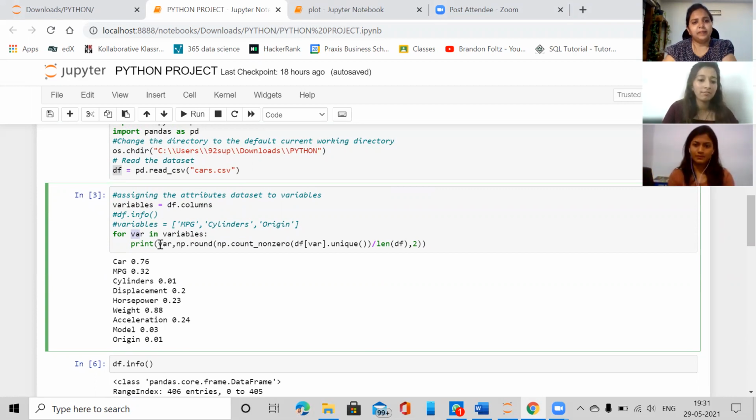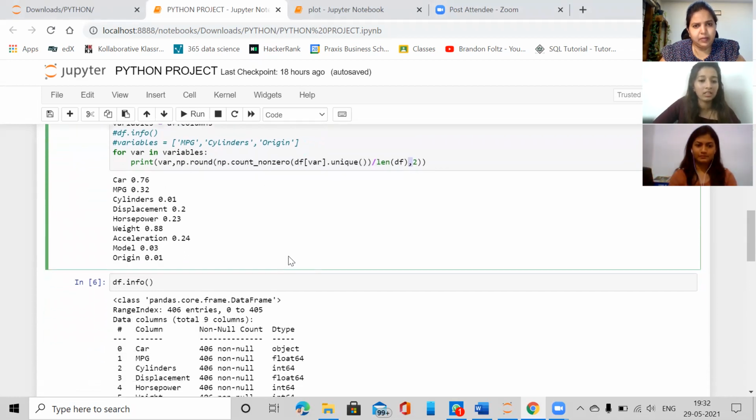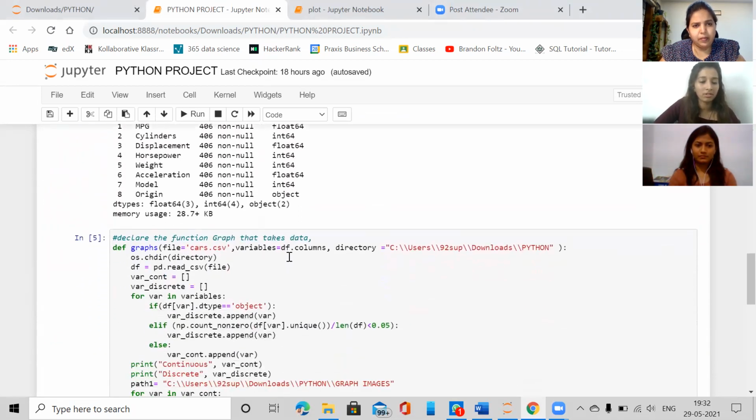So for this, we have first printed the column var, which in the first column in this data set is cars. So we'll print cars over here. And then we have used this to measure the percentage of the unique values as compared to the whole data set. As you can see, the total number of unique values is 0.76 as compared to the whole data set. We have rounded off to 2 decimals. All right. So the next step, let's skip this one for a bit.